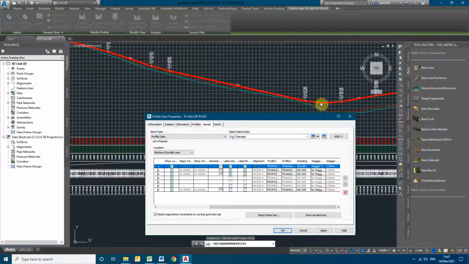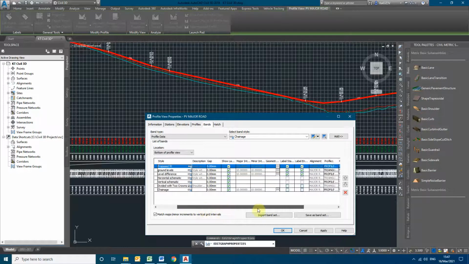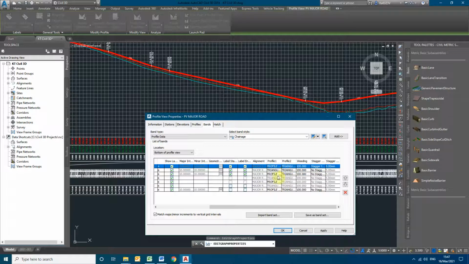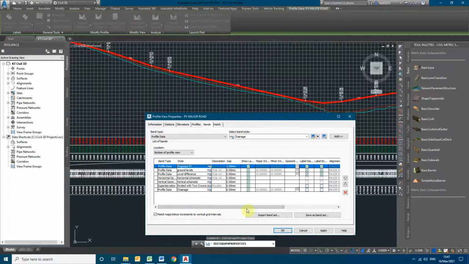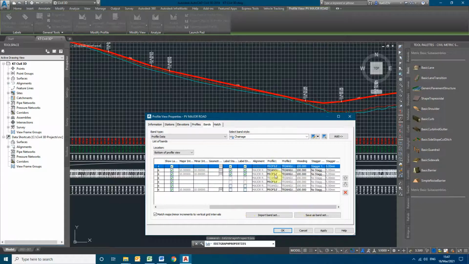Further, the second thing is ground levels. Ground levels both are the same, and the third one is level difference. Level difference is from the proposed profile, FRL, to the existing surface. So profile 1 is the proposed, and the existing surface is a triangulation surface.